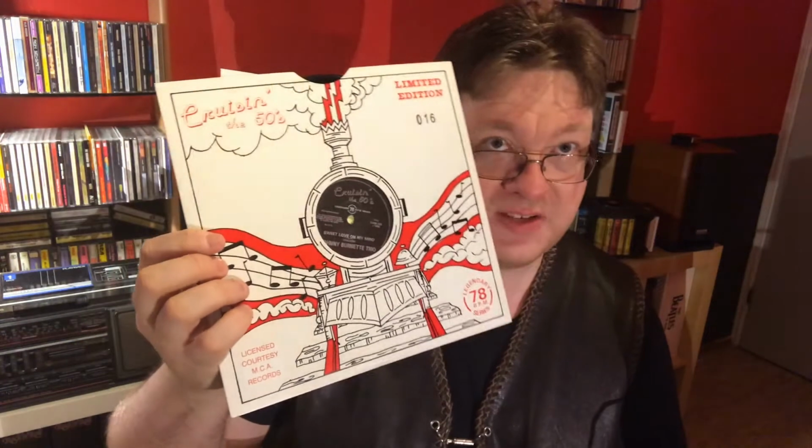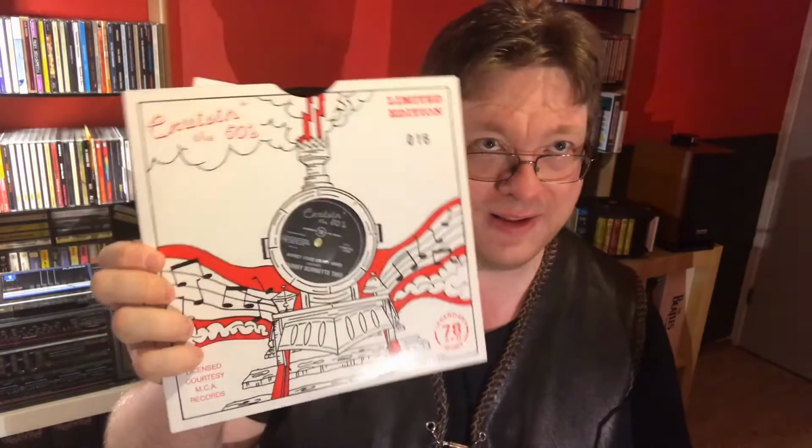Oh yeah, then I found this. On the Cruising in the 50s label, Johnny Bennett Trio, Sweet Love on My Mind, and The Train Kept A-Rolling on a 78 RPM. This is vinyl though. It's printed in the 1990s when this label, Cruising in the 50s, printed some old 50s classics on vinyl, 78 RPM records, limited edition. This is number 16. I don't know how big the edition was, but still,